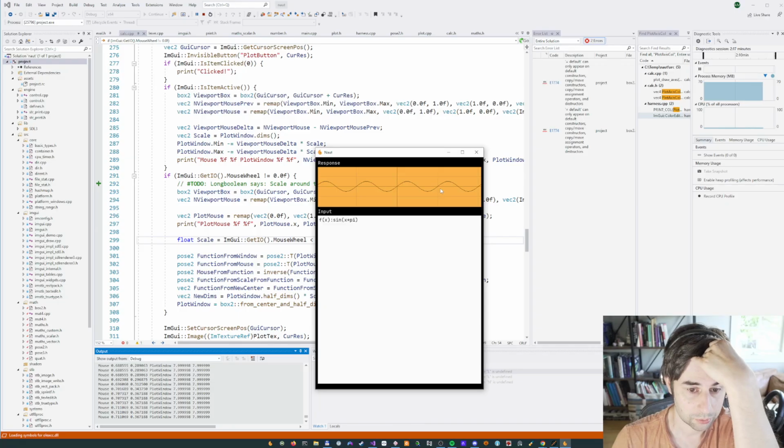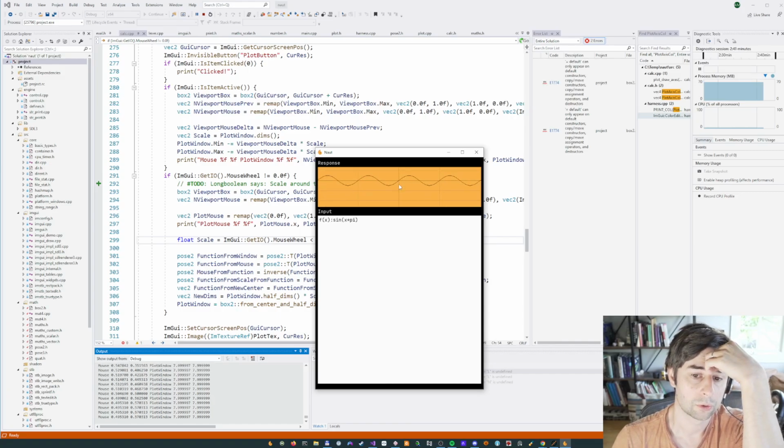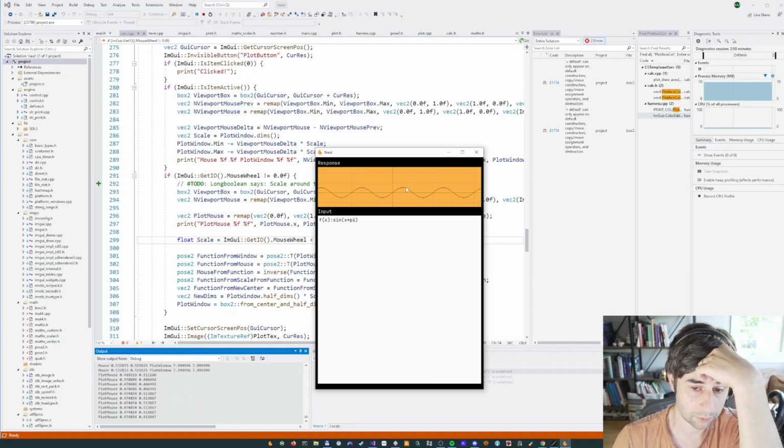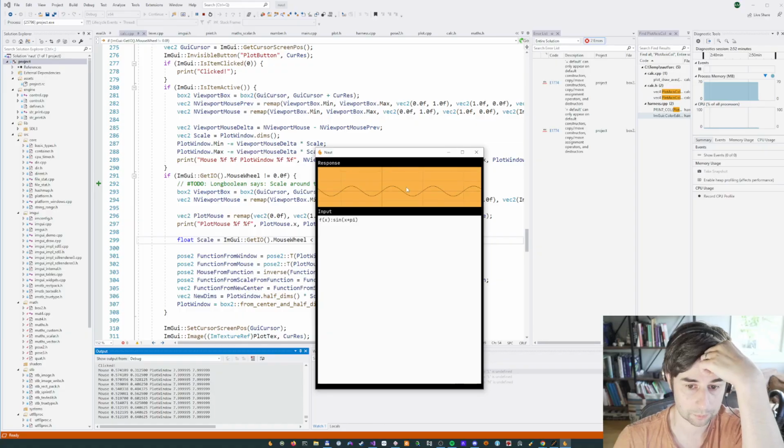But I don't want to dig myself more and more into IMGUI because IMGUI is a great debug UI, but long term for some of the UI stuff I want to do, like I have a text editor that Jimmy wrote that I want to put in here so I can do syntax highlighting and stuff like that. So I want to remove IMGUI rather than buy more into it, if that makes sense. I'm still going to keep it for the debug UI. It's fantastic for that, but for the actual in-app UI,